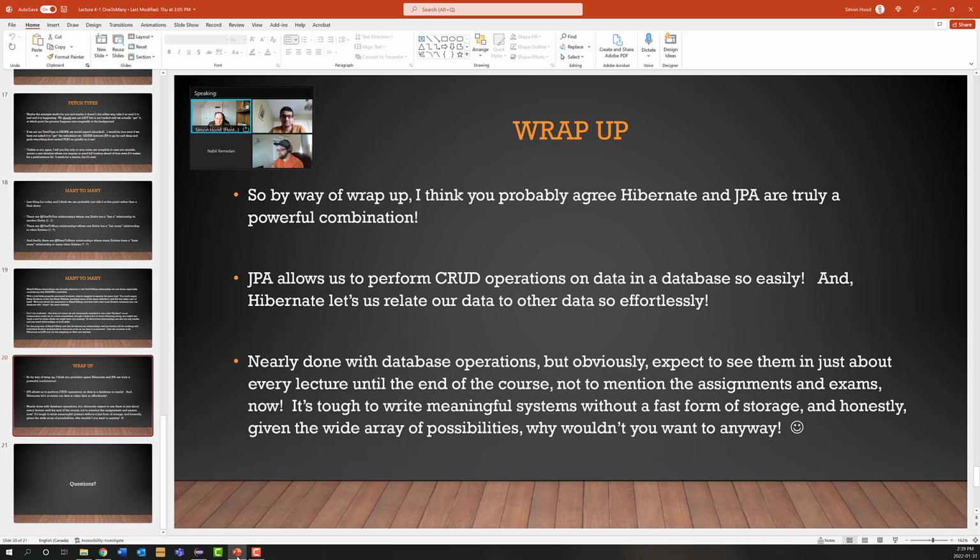The better way. Okay, so, ladies and gentlemen, we're nearly done with database operations. But obviously, you can expect to see them in just about every lecture from now until the end of the course. I'm going to assume you're good with it. I'm going to assume you've got this. Not to mention the assignments and the exams. It's going to be on the assignments, one of which is coming out next week, if I remember. And also, it's going to be on the exam. I won't kill you. The pet kid example that is in our exercise is maybe tough enough, perhaps. I'll try to keep it easy. But